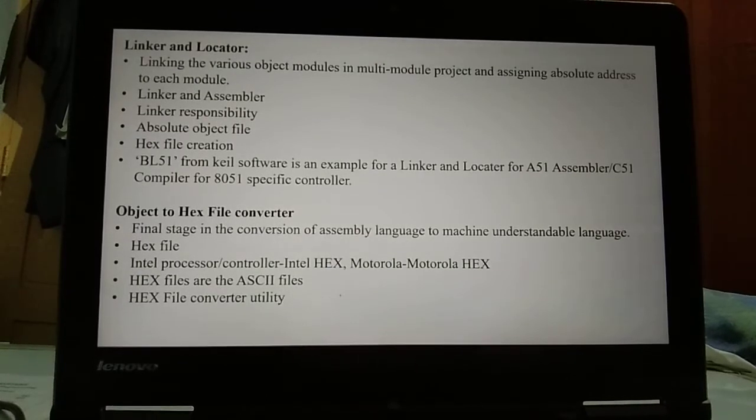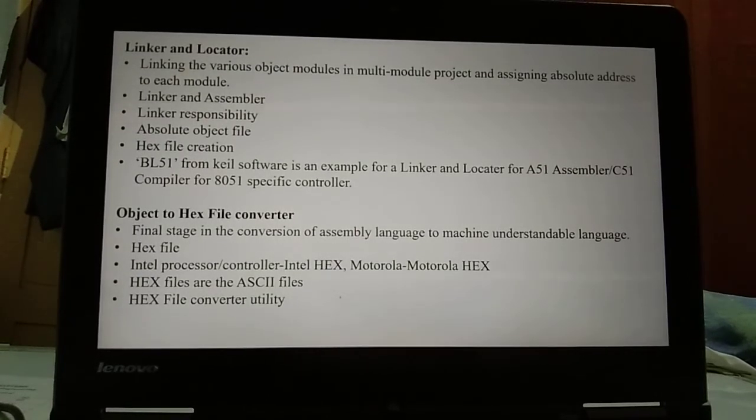Linker and locator. When a multi-module project is considered, there are many modules and these modules can interact with each other by variables or functions. For example, one function written in one module can be called in another module. The linker or locator links the various object modules in a multi-module project and assigns an absolute address to each module.